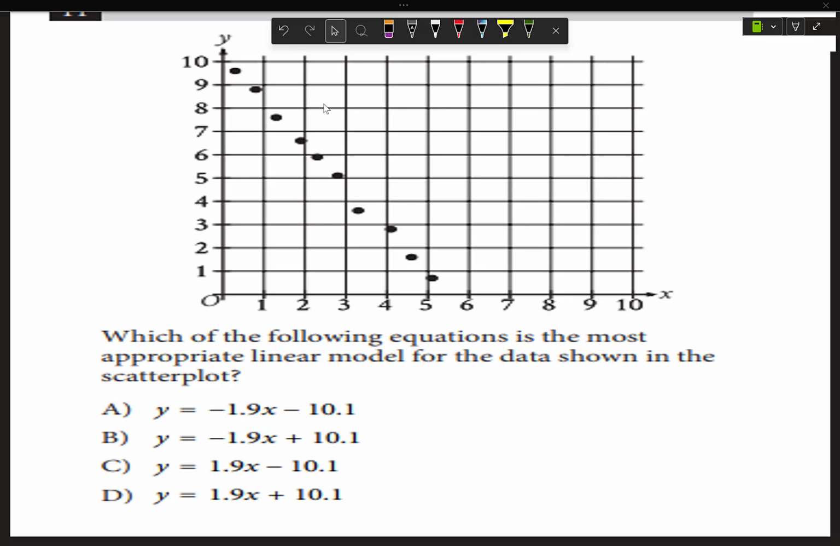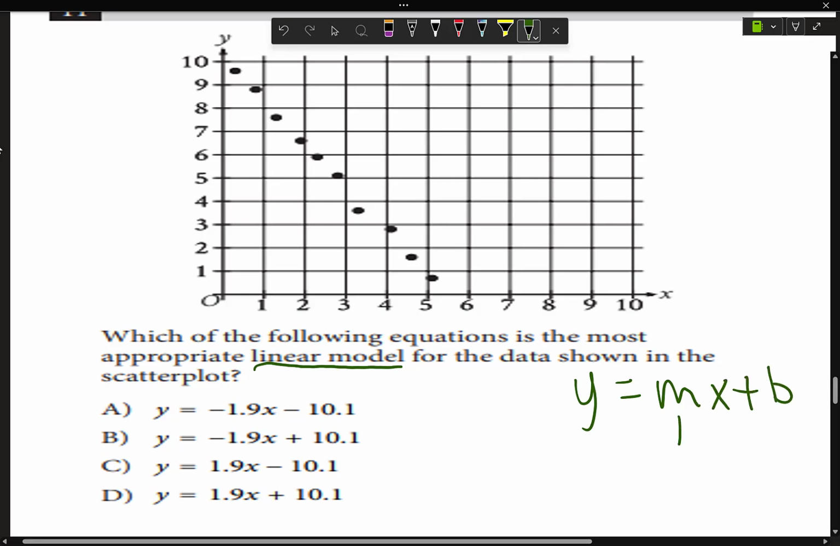All right, this is questions 11 through 15 on the SAT math section. Number 11, which of the following equations is the most appropriate linear model for the data shown in the scatter plot? Of course, linear tells us it should be of this format, y equals mx plus b,